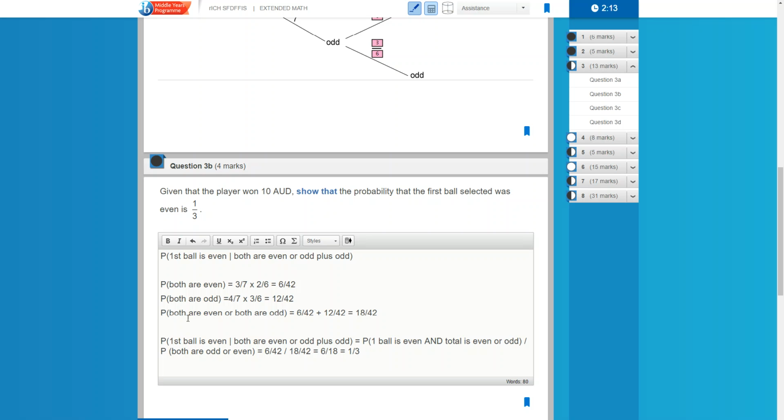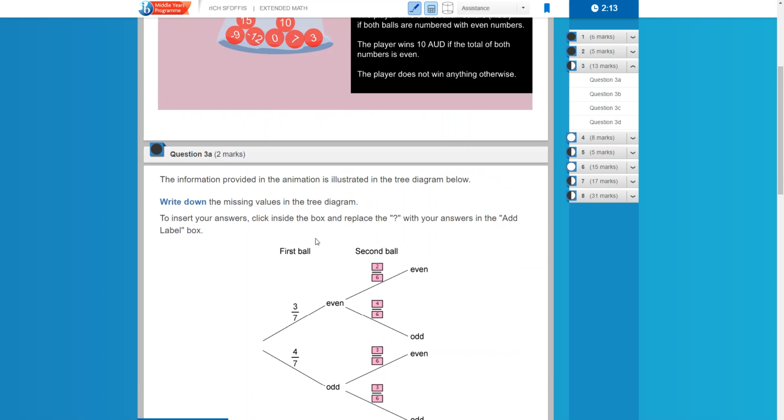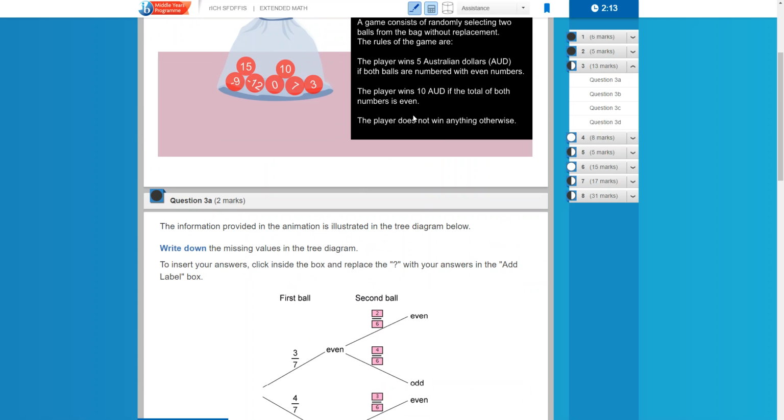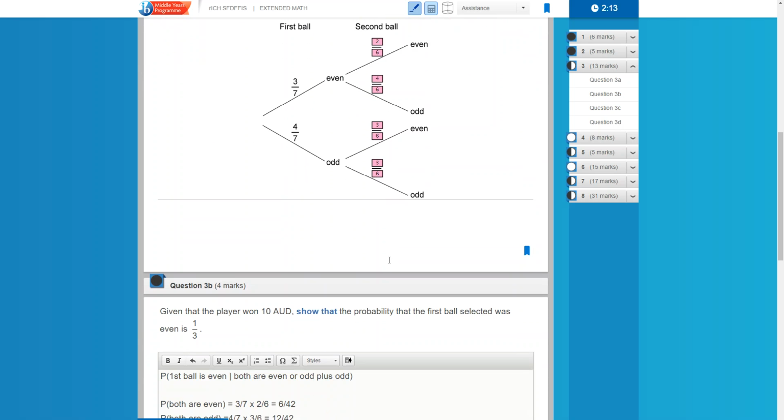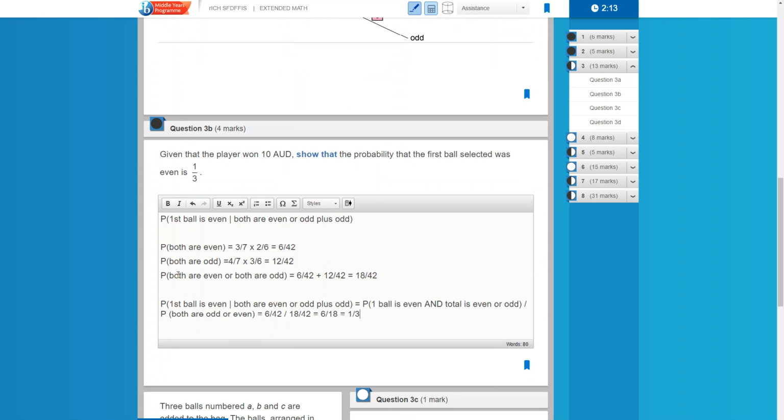The language in this is confusing, because it's player wins 10 if the total of both numbers is even. So let's